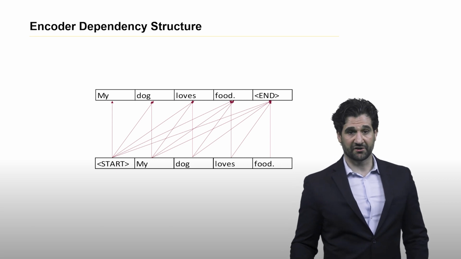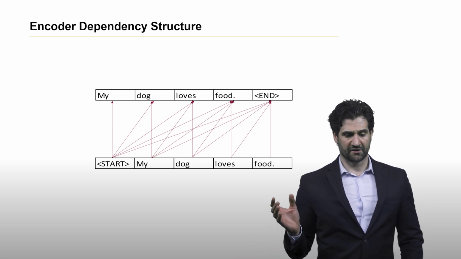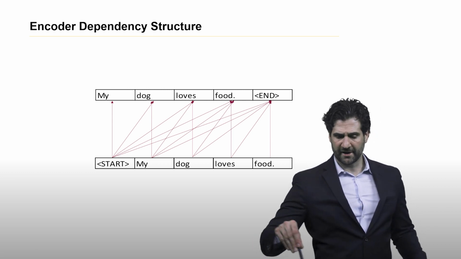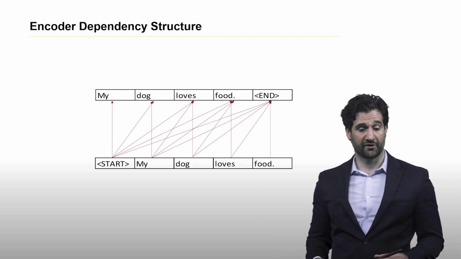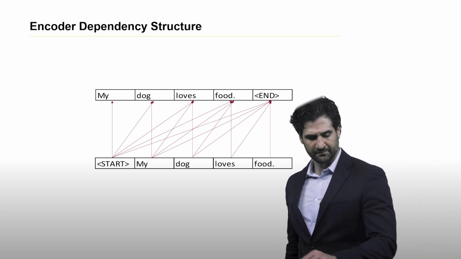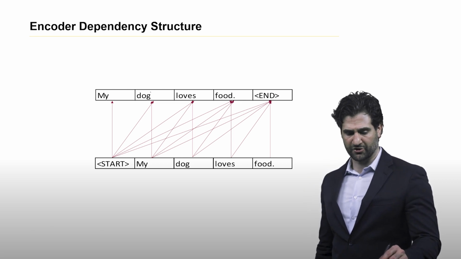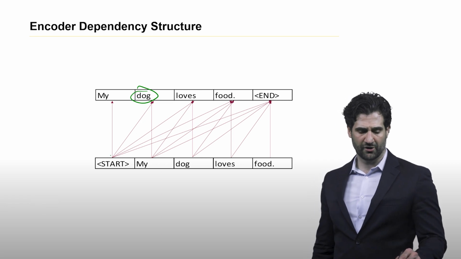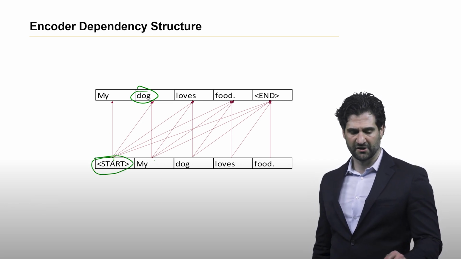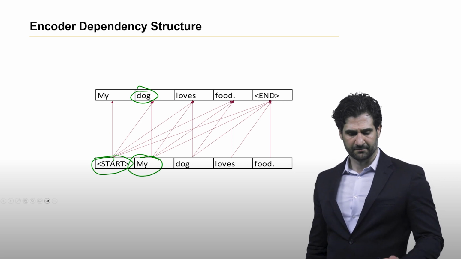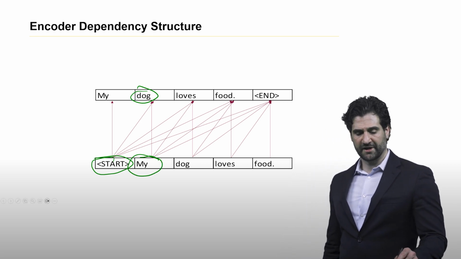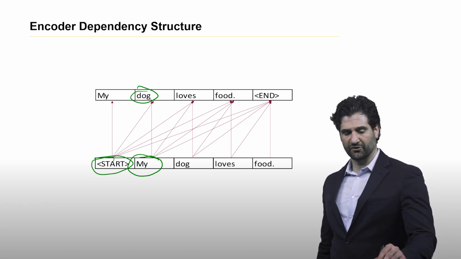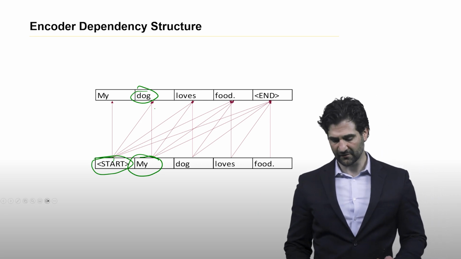Let's revisit an earlier example we showed on the relationship between the input and output of a large language model. The dependency structure is unidirectional because we're following a decoder architecture. So we see the word dog depends, for its prediction, on both the initial token and the current token, which is my. Basically, knowing that the sentence began with the word my, the next word is going to be dog. Now, building on that,